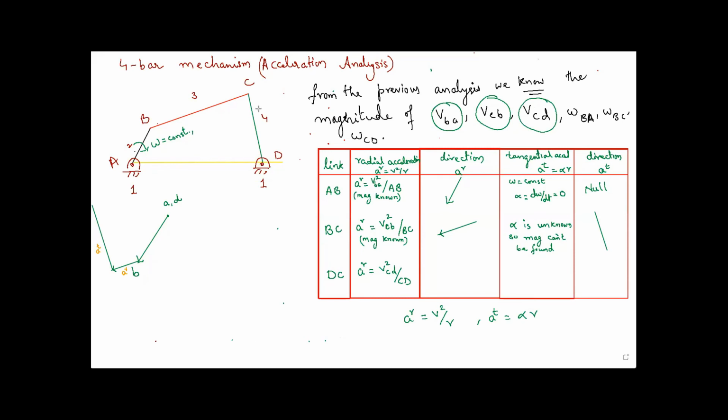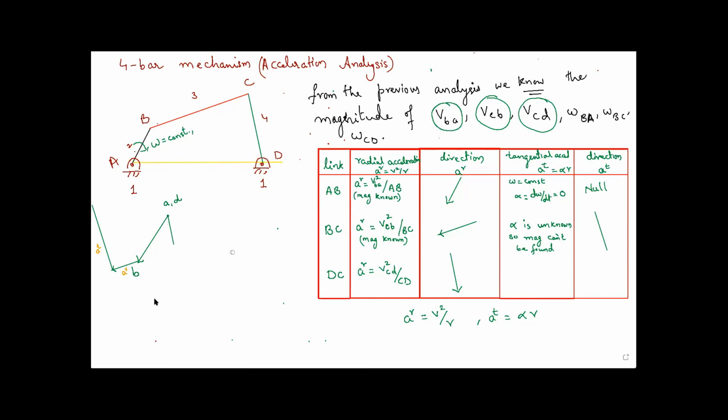Because I have D point, you will assume that C is rotating around D and the arrow is pointing downwards in this direction, meaning towards the center. I made it small so that it will fit in our table, right? So take it here and show the direction, which is downwards. Show it clearly, downward direction. And the same thing you draw in the actual diagram, which is your acceleration diagram. Take a parallel line which has fixed magnitude. Magnitude is known. Suppose this is the magnitude, a little bit less.